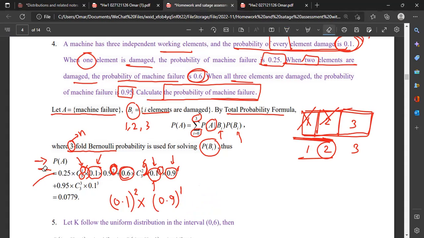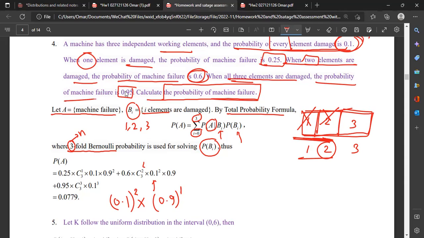And then for the last, the third situation, when all three elements are damaged, the probability of machine failure is 0.95. So you see the third situation here is plus, right? So we add the first situation here plus the second situation here, and here is the third situation. So when all three elements are damaged, then the probability of machine failure is 0.95. So here is the probability of machine failure times 3 out of 3 are damaged, and then